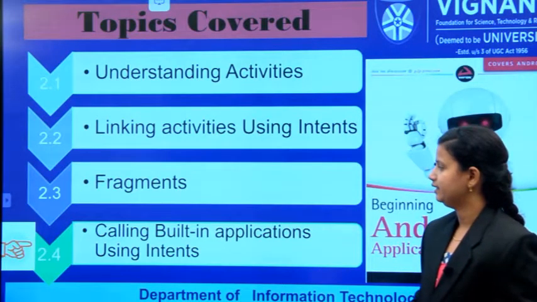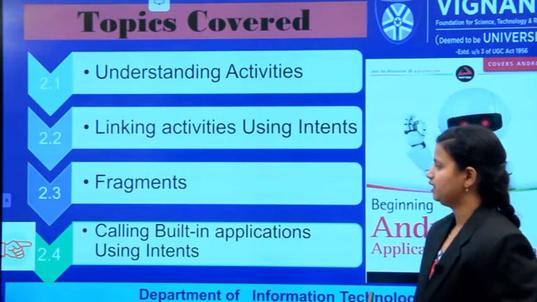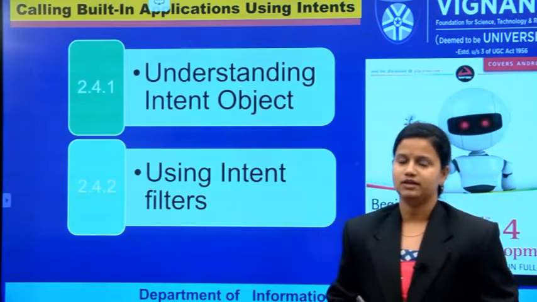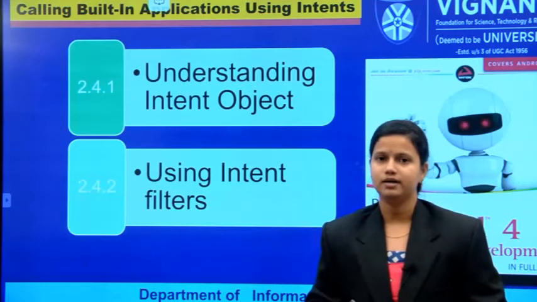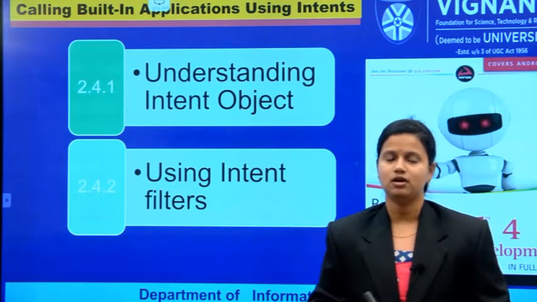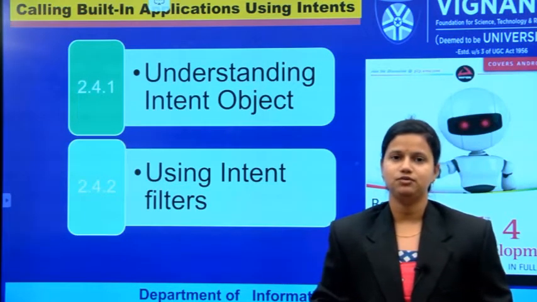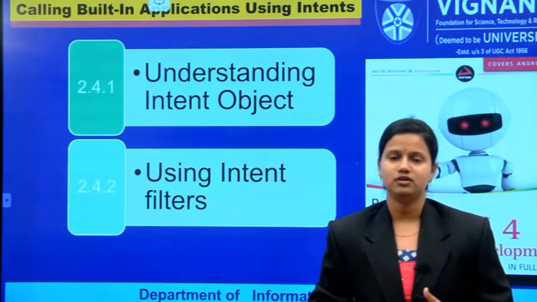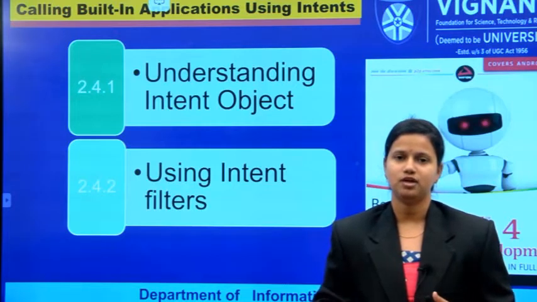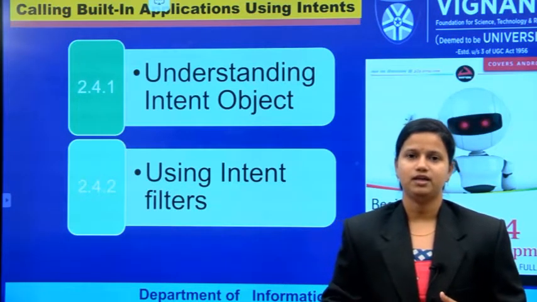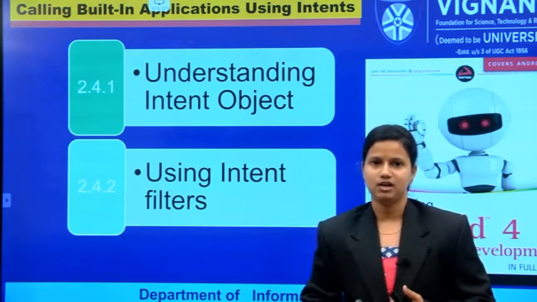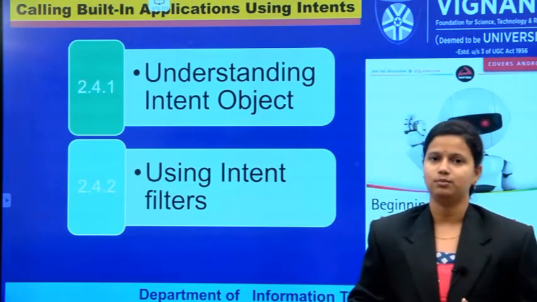Applications with the intents. So what is this calling of built-in applications using intents? If you are developing an application, other applications ought to be already available, but from our new application, how do you have to contact the already available application? For example, in your new application, if you require Google Maps, or if you are searching or opening a web browser or any website, at that situation the web browser applications are already available in your mobile, like Google Chrome, Safari browser.